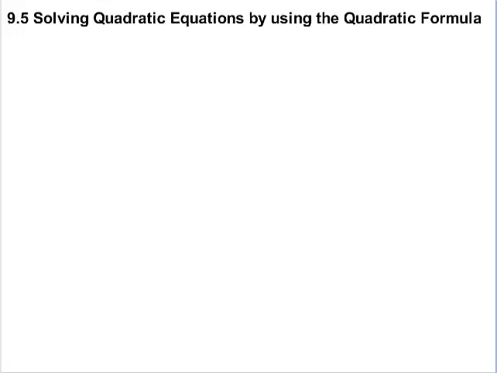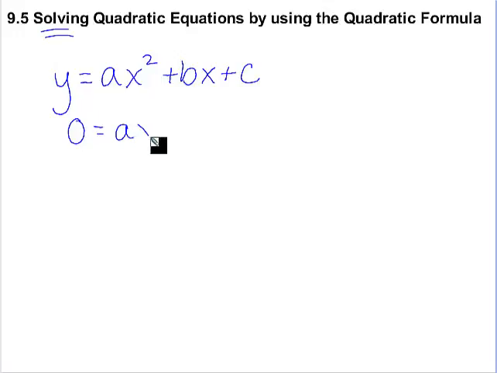All right, so solving quadratic equations by using the quadratic formula. So this is going to use our ax squared plus bx plus c. So we all know that this is our form for quadratics, okay? So if we ever want to solve it, instead of being equal to y, what number is it equal to? Number 0. So whenever we want to solve anything, that means we're going to have it 0 equals ax squared